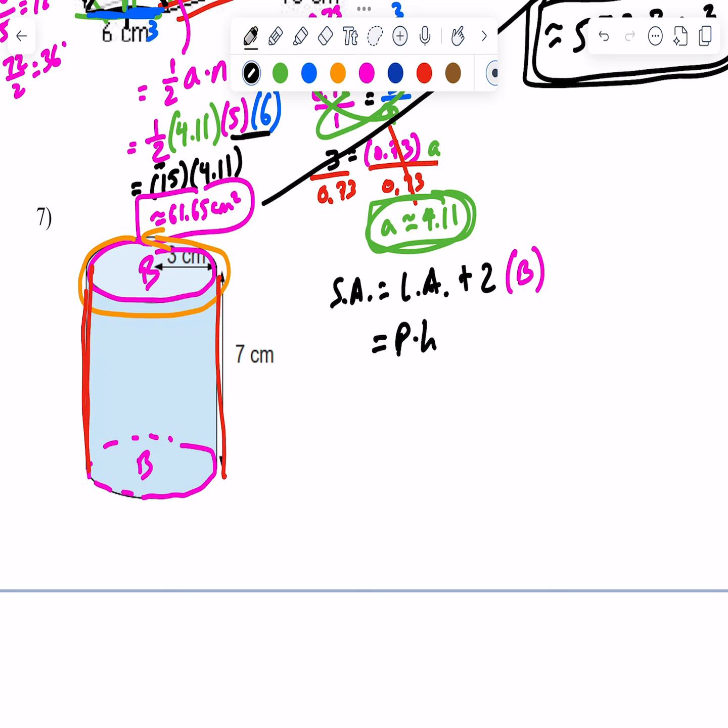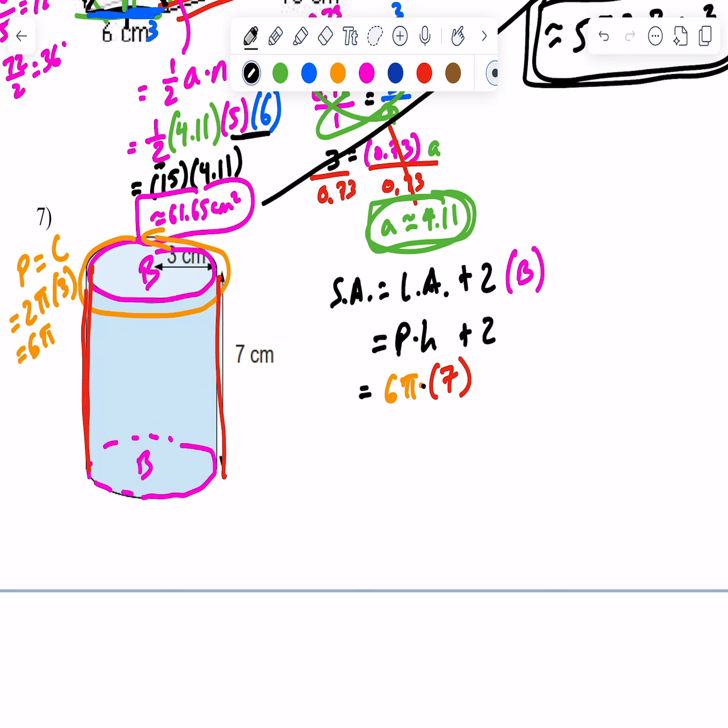The only difference is we don't really call it perimeter. Perimeter is just the circumference, which is 2 times pi times r, and it appears the radius is 3. That's 2 times pi times 3, so that is 6 pi. So our perimeter is 6 pi, which is just the circumference, times the height, which is 7,